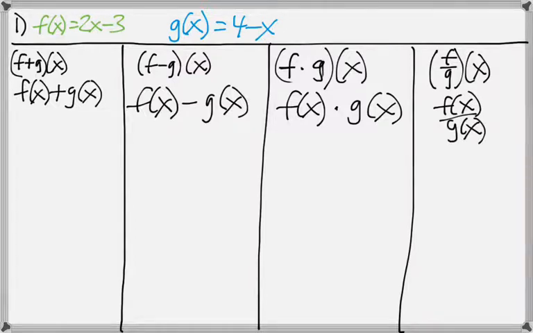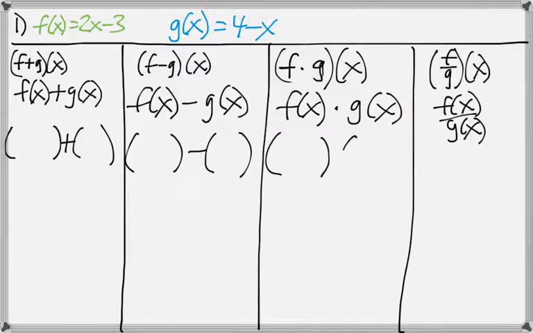So a lot of times people like to rewrite the question like that. But essentially what these are going to be doing, you're going to be taking the two functions and adding them, the two functions and subtracting them, the two functions and multiplying them, and then the two functions and dividing them. So that is our